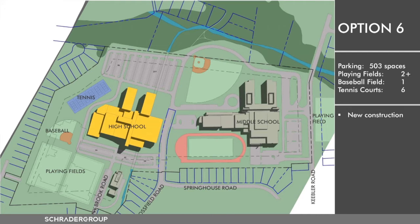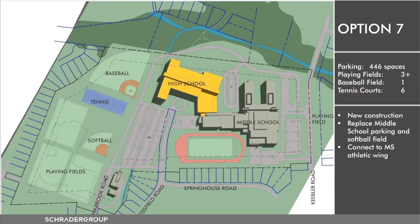And really, is it absolutely important that we have middle school grade structures and high school grade structures, or will there come a day when a middle school student instead gets to pick high school type programs that they can take? And therefore, isn't it important that they have the ability to move back and forth between the two buildings? So option 7 began to investigate this idea of connecting the two academic structures through a central